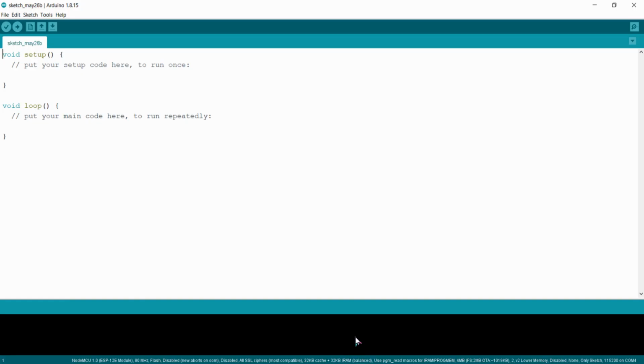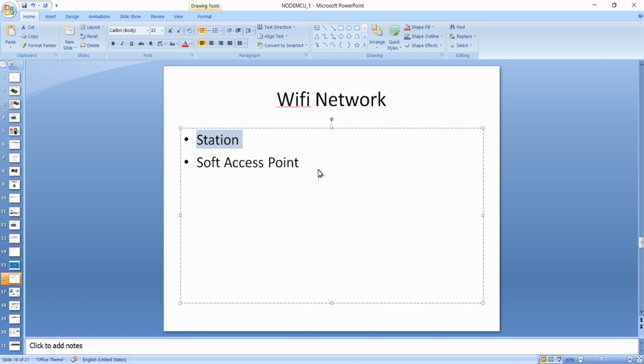From the modes of Wi-Fi configuration lecture, I explained the various modes of Wi-Fi networks using which this ESP8266 can be configured. In the previous lecture, we configured and used the station mode, and in almost all the lectures we will be using this ESP8266 in station mode. For now, you just want to know that there is another method called soft access point mode in ESP8266, and using this mode you can dynamically connect this NodeMCU to any Wi-Fi access point. So for your clarity, I am doing this lecture.